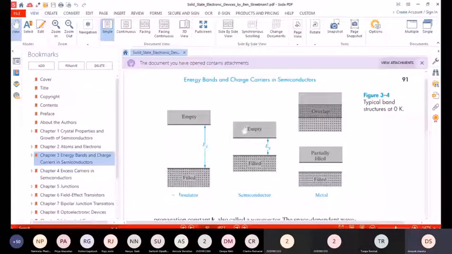And coming to the semiconductors, a semiconductor is in between the insulator and the conductors. So it has some finite energy band gap between the valence band and the conduction band, wherein if a few electrons get sufficient energy, they can jump to the conduction band and start conducting. That is, they can initiate the current in the semiconductors, right? And semiconductors act like insulators at lower temperature, and like conductors at a higher temperature. Hence, the name is semiconductor.